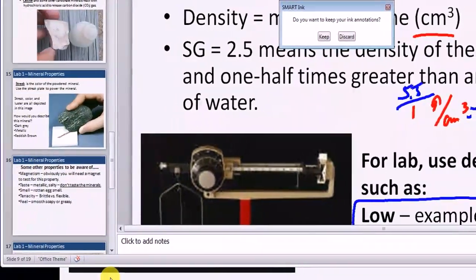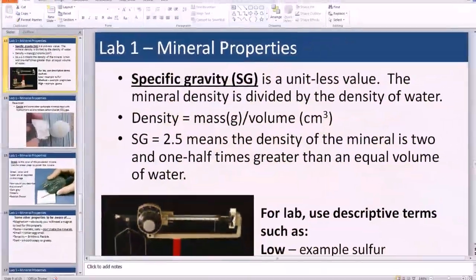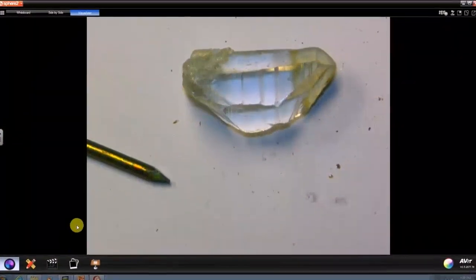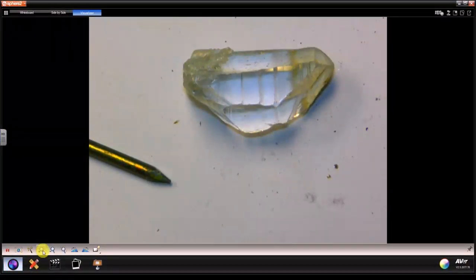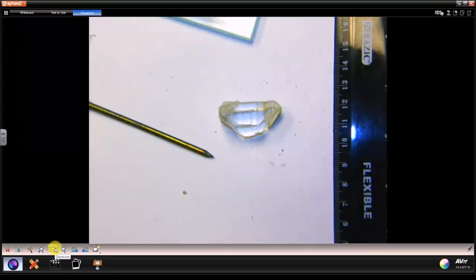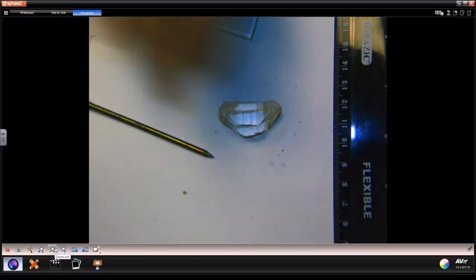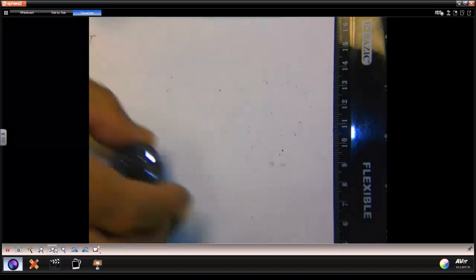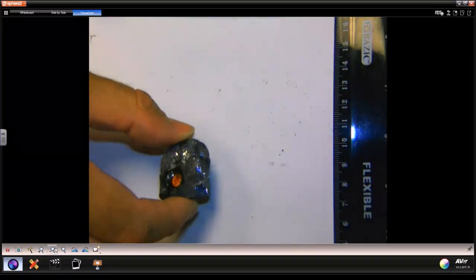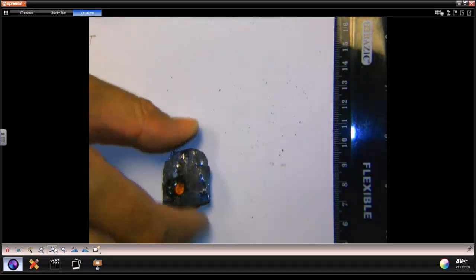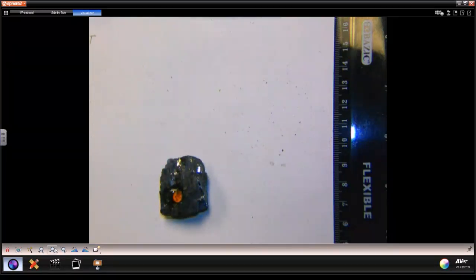Discard some of those notes and come over to our document camera. All you're going to do is heft the minerals and note which one feels a little bit heavier. Typically, though this is not always the case, those high specific gravity minerals are ones that are metallic. So I'm comparing this mineral here, which is about the same size, a little bit bigger